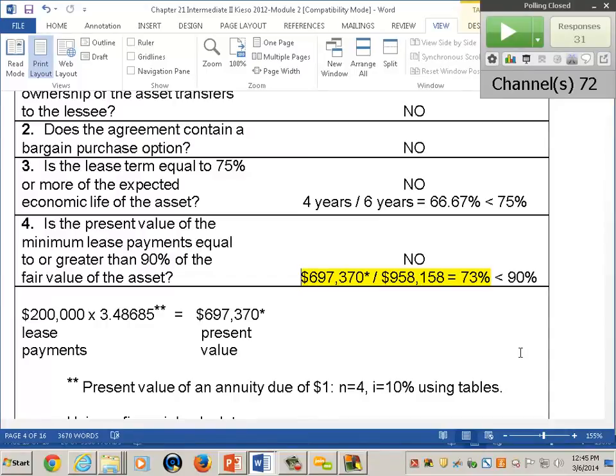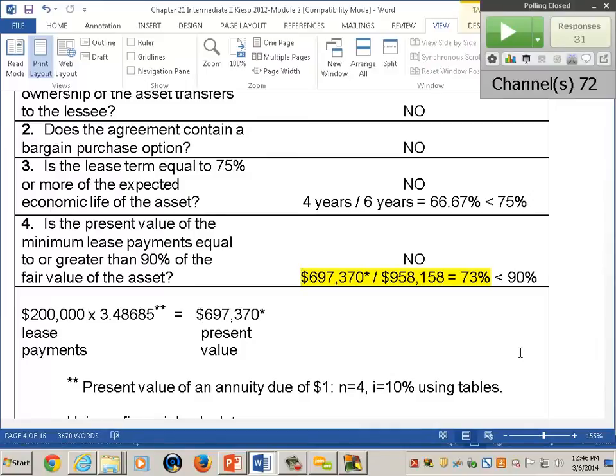If it's a bargain renewal option, and that bargain renewal is for another year or 2 years or whatever it is, you'd have to add that to the lease term, and for the 75% test. If it was like $50 or something, you would add those in going out. You would have to retest all the way through. So the lease term would be longer by the renewal period, and those lease payments would be added to the stream of payments.